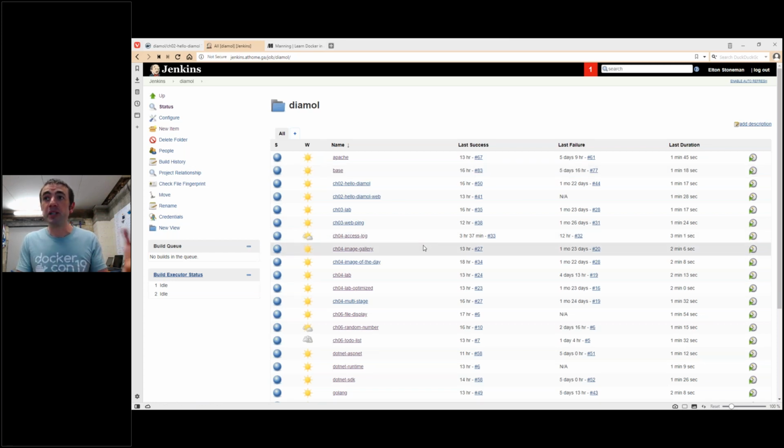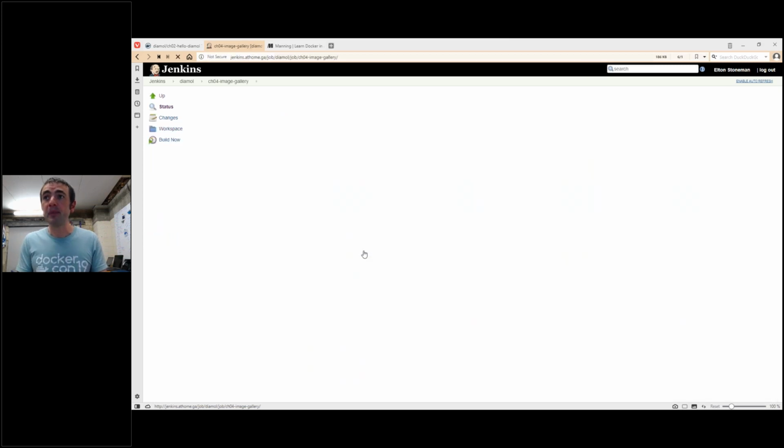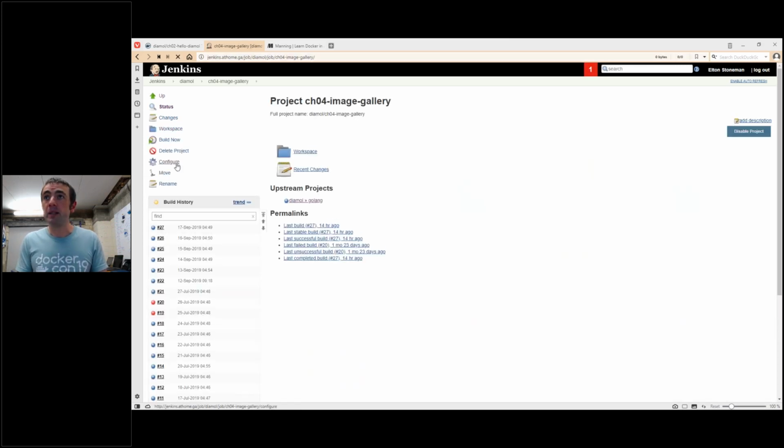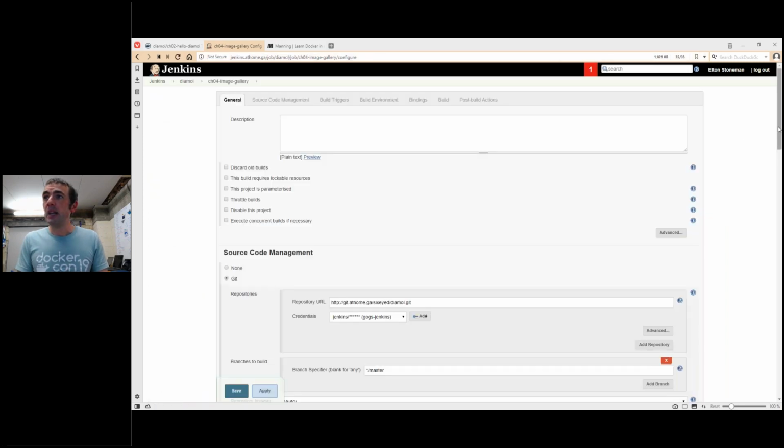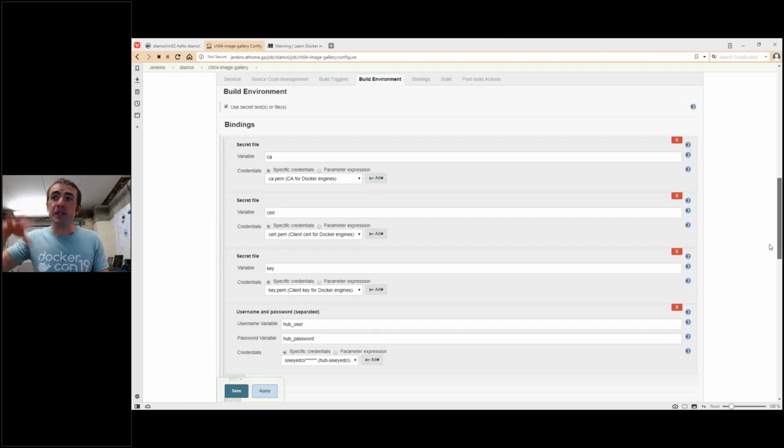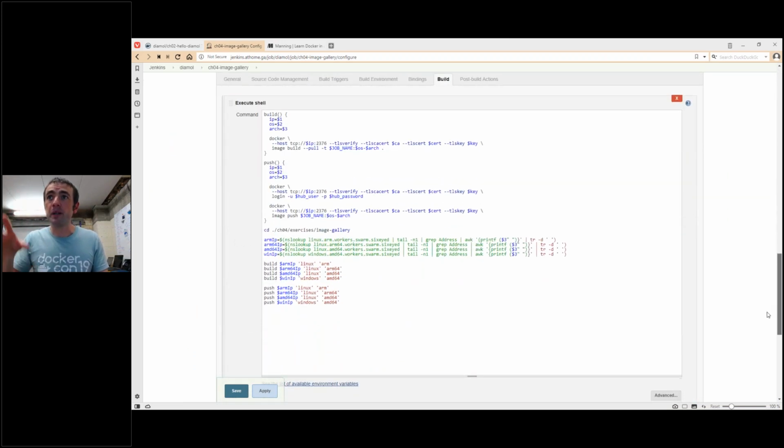For each of the samples or the exercises that I go through in the chapters, there's a Jenkins job to build from the Dockerfiles and make sure everything's up to date. So here's an example of a Go application. Let me just go and click on configure. And this is what it looks like. There's a whole bunch of stuff here. If you're not familiar with Jenkins, don't worry, because I'm just going to look at the bash script